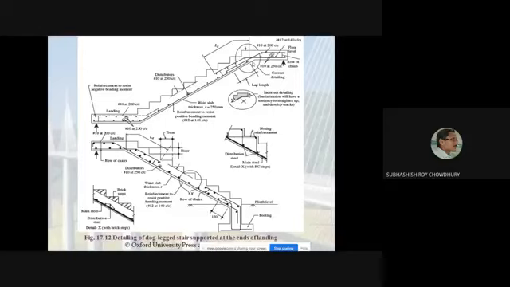Also you should know that this Ld is the development length. Already Sarah has discussed how to find that out. That length must be ensured. Whatever steel you are providing here, its length should be the development length, and the lap length should be maintained here. So in this case also the development length is there. This is the diagram for the problem where the support is at the end.